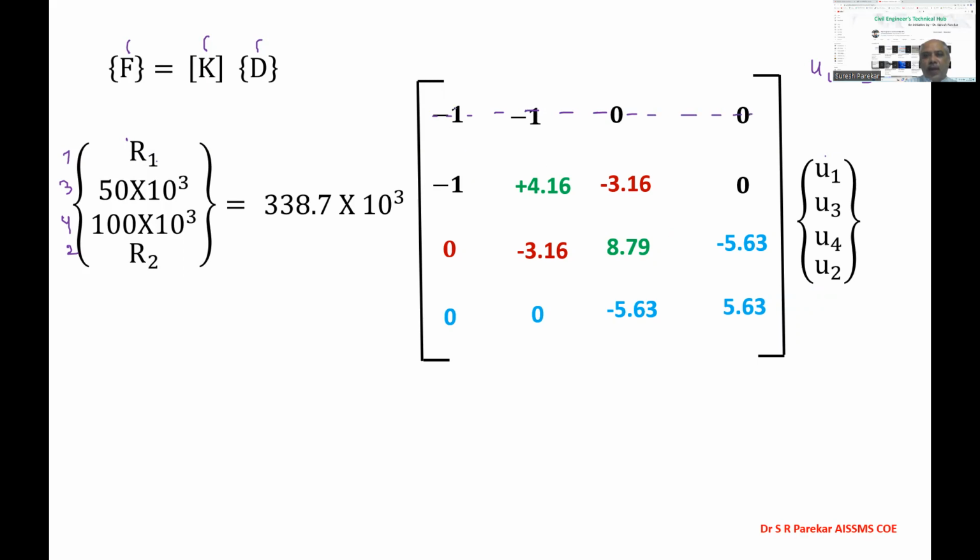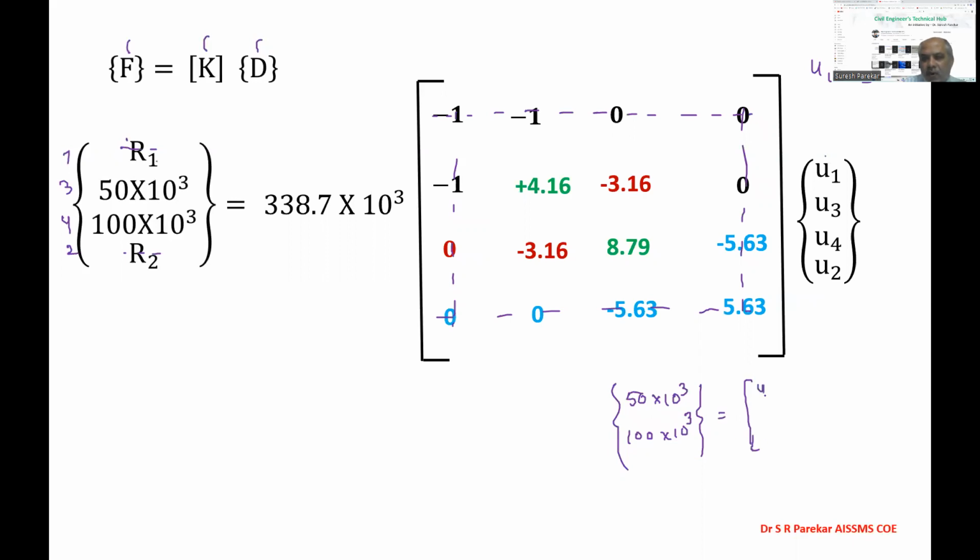If I remove row 1 and column 1, and row 2 and column 2, then you will get this matrix. So here also we will remove 1, here also we remove 1, then I will get 50 into 10 raised to 3, then I have 100 into 10 raised to 3, and that is equal to